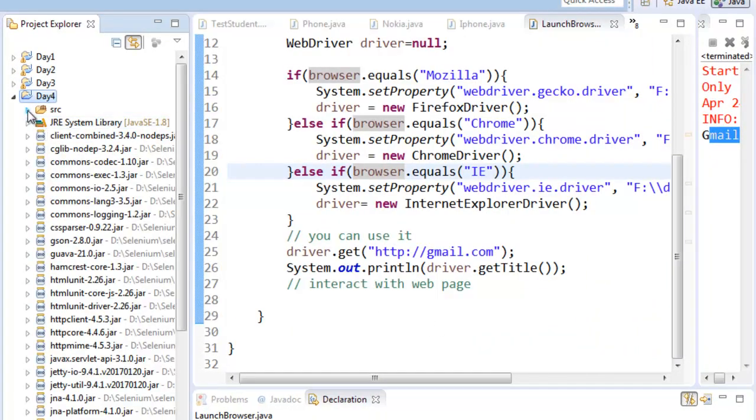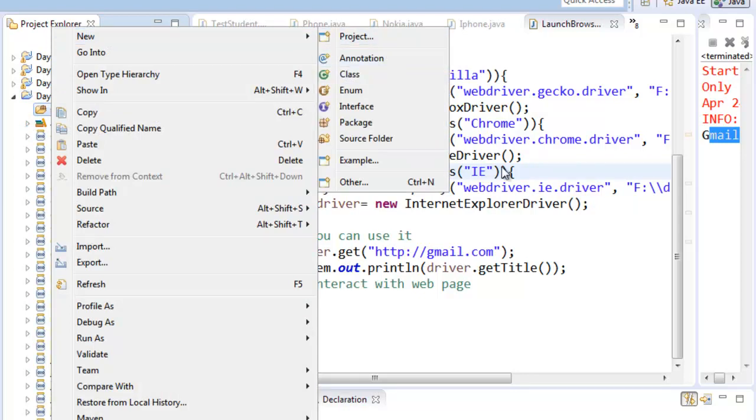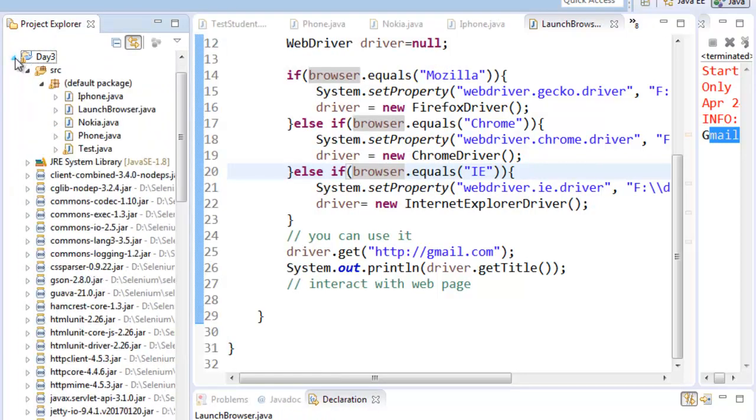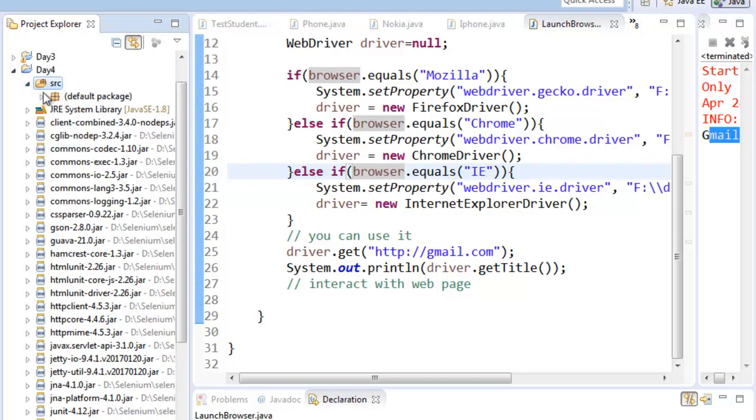All right, and I'll create a new class over here, or rather I'll copy the class from yesterday, which was launch browser, into this day 4. Okay, I've copied the file.